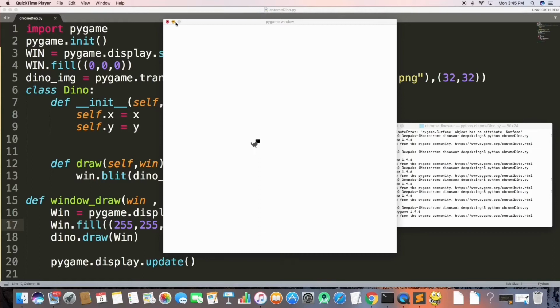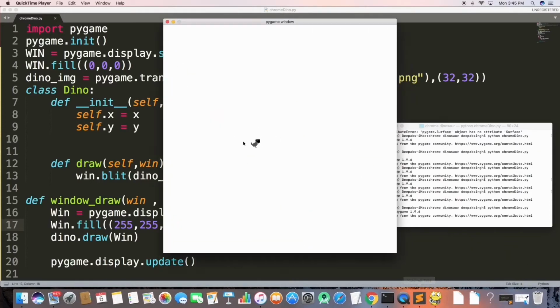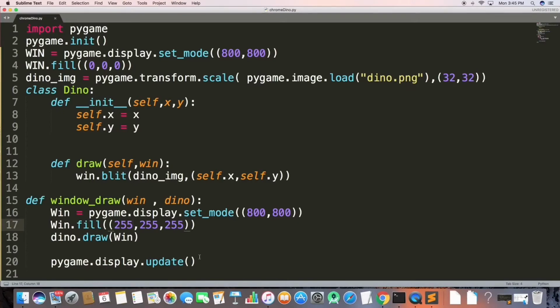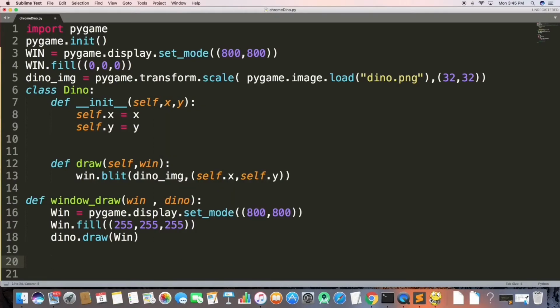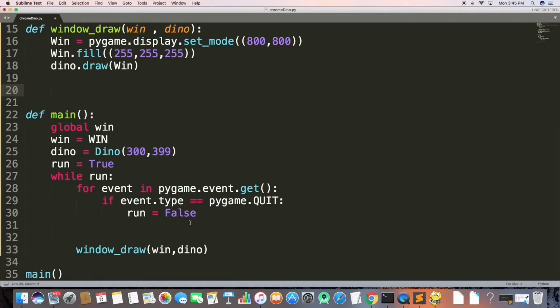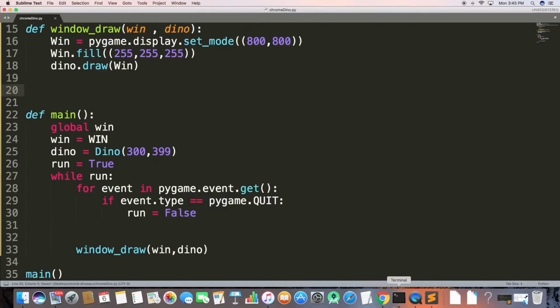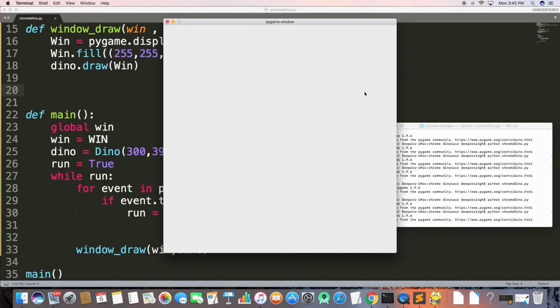So as you can see, I was just working on my Pygame where I'm using this Chrome Dinosaur, and for some reason this wasn't working. Let me show you what was happening. I forgot to write this line, and for the past half an hour I'm like, what the hell am I doing wrong in this game? Let me tell you what was wrong. If I just turn this off in my terminal here, as you can see, the screen is completely blank at this time. And this was what happened.